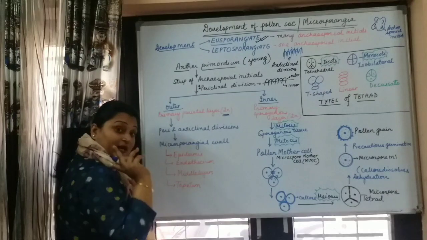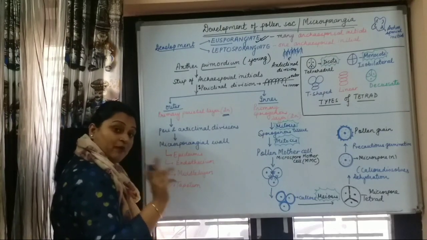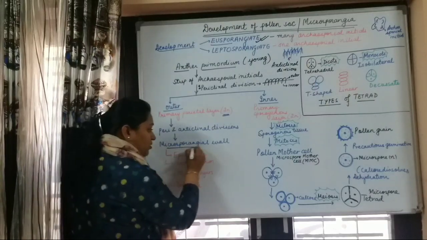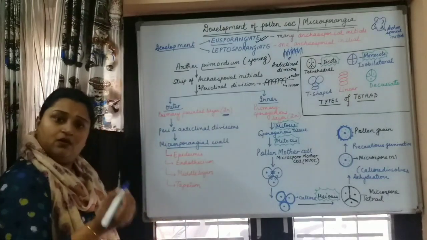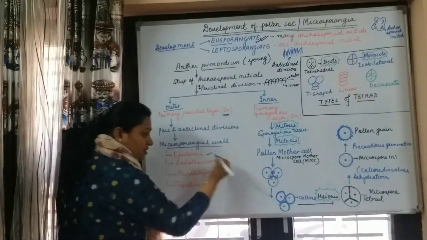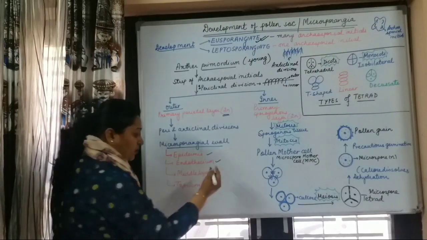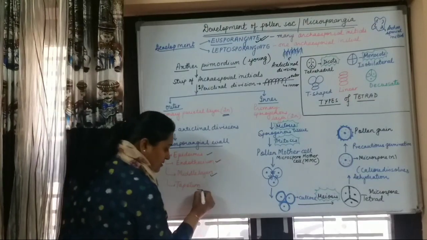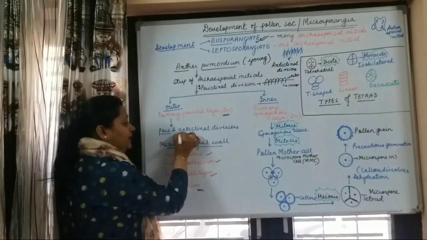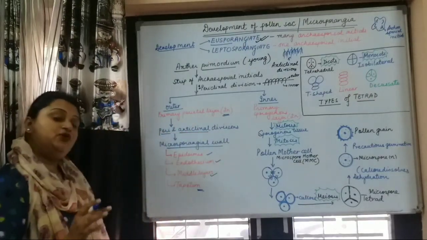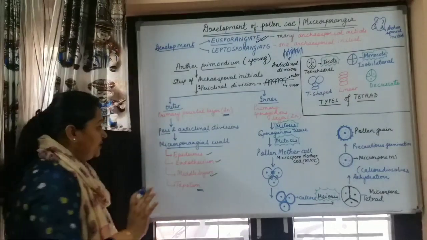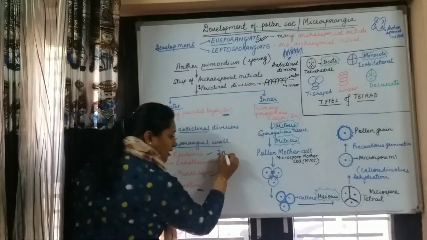So what do we get? In the previous lecture, you remember the anther layers, which are called microsporangial walls. What we did yesterday was that the epidermis was formed, then the endothecium, then the innermost, that is the middle layers, then inside the tapetum is formed. As these undergo only periclinal and anticlinal divisions, that means only mitosis is going on. Therefore, the epidermis will be diploid,